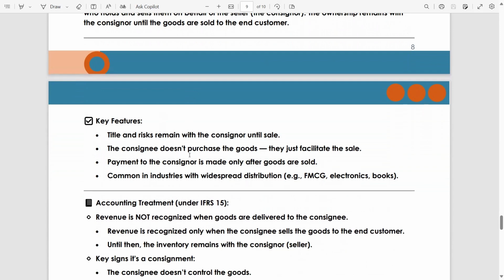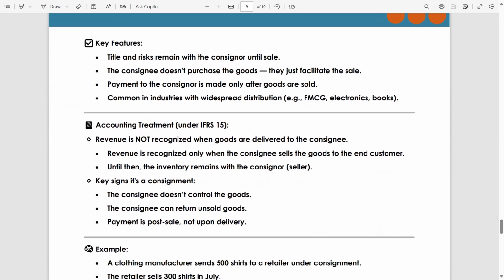The consignee does not purchase the goods, they just facilitate the sale. Payment to the consignor is made only after goods are sold. Common in industries with widespread distribution: FMCG, electronics, books. Accounting treatment: